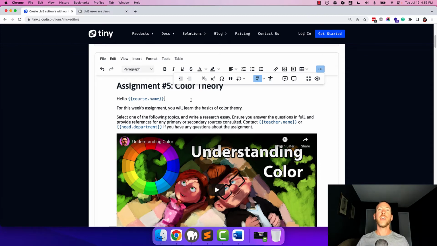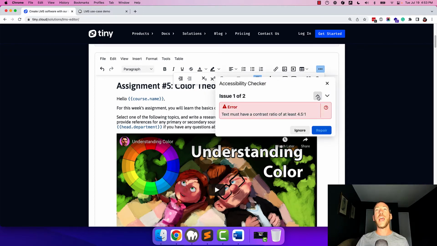Okay, lastly, compliance. We all know the education space has a lot of rules, and for good reason. We want the content to be easy to follow and accessible. So in the starter config, we included accessibility checker, which will go through the content and highlight any issues that may be a concern from an accessibility perspective. This can help your LMS comply with the policies of the educational institution that you're working with, as well as